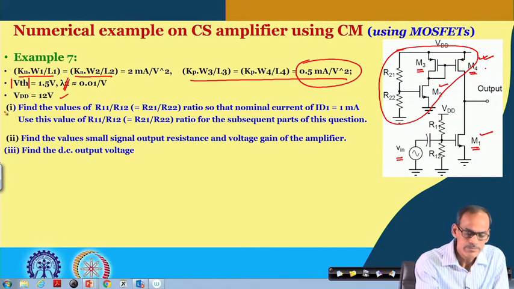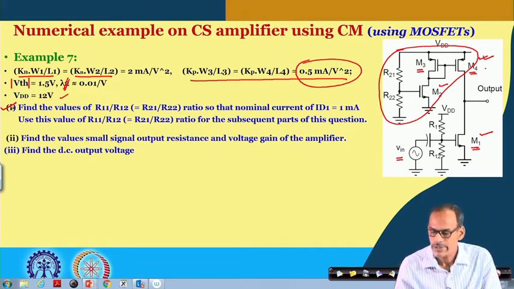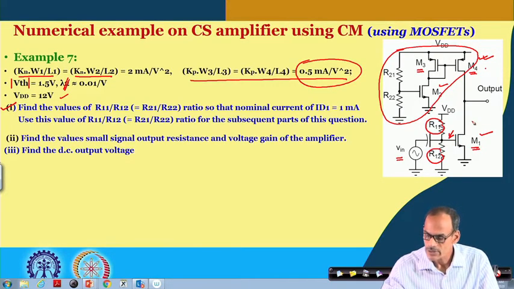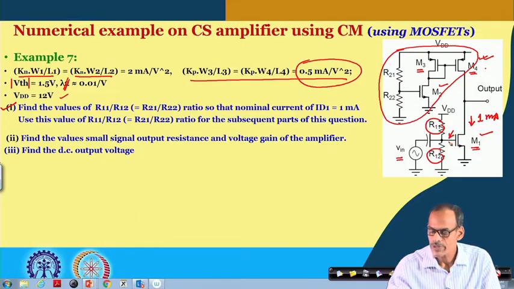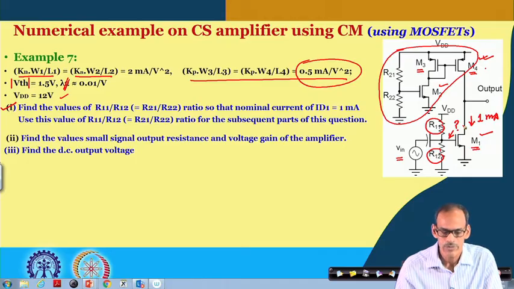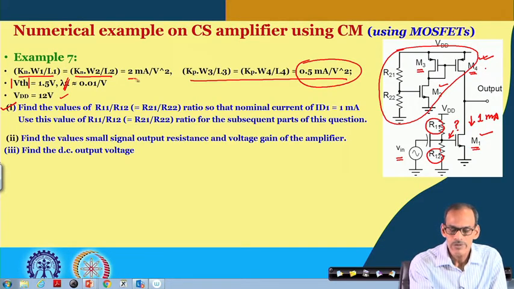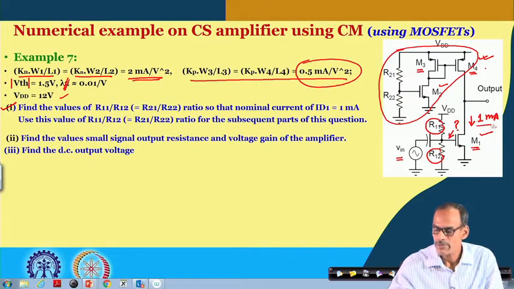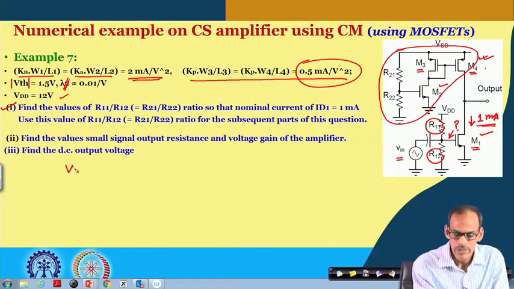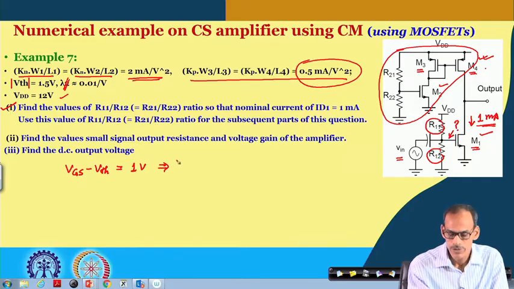So, the first part, we need to find the ratio of this potential divider so that it creates a voltage here such that the current flow here is 1 milliampere. So, how do you find it? We need to calculate the VGS required to get 1 milliampere of current flow. Using this information and the 1 milliampere current requirement, you can find that VGS minus VTH equals 1 volt,